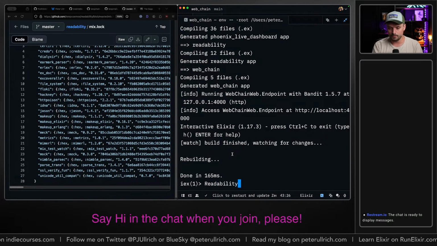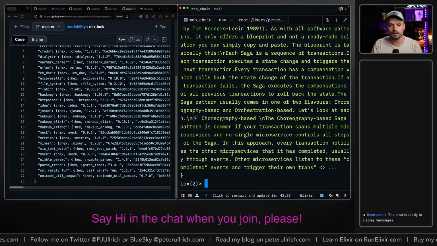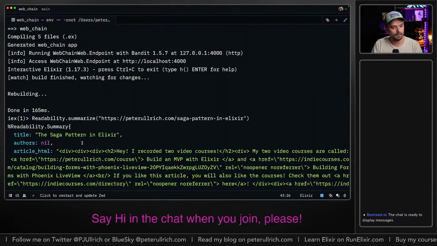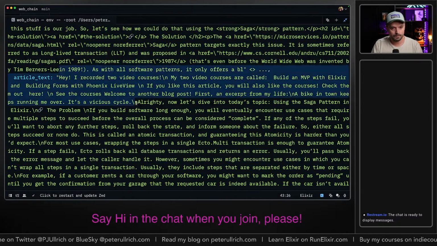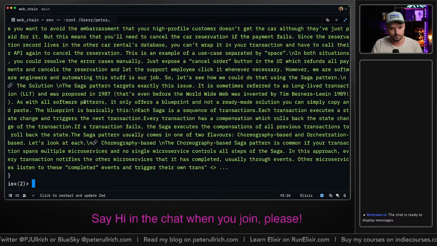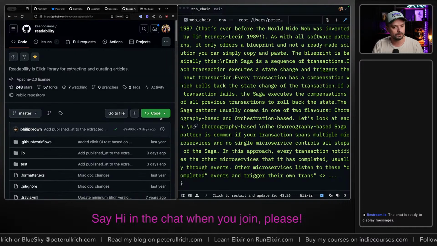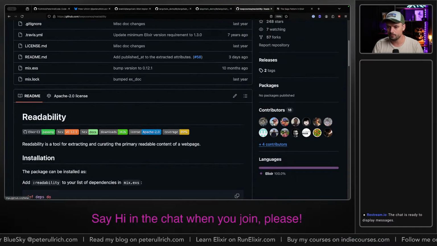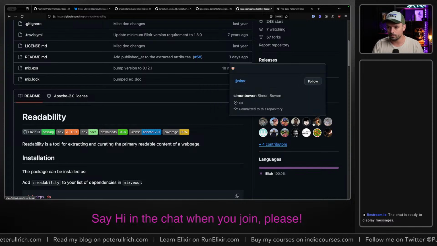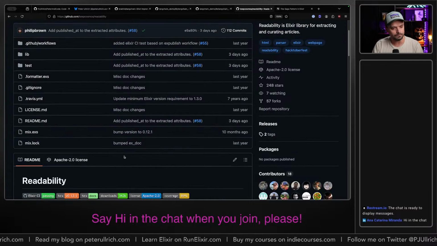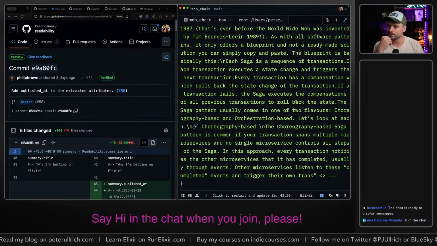So let's do readability once more, and we use summarize, and we use my article, and we get back a summary. Article HTML, and we get back an article text. Interesting, and it's cut off somewhere. That's pretty cool, actually. I think, if I'm not mistaken, a friend of mine worked on this as well. Is Tyler involved in this at all? Somewhere. No, Tyler's not involved. I should tell Tyler about this. Okay, I will tell Tyler about it. But that's pretty cool that it actually parses the HTML and just gets the text.